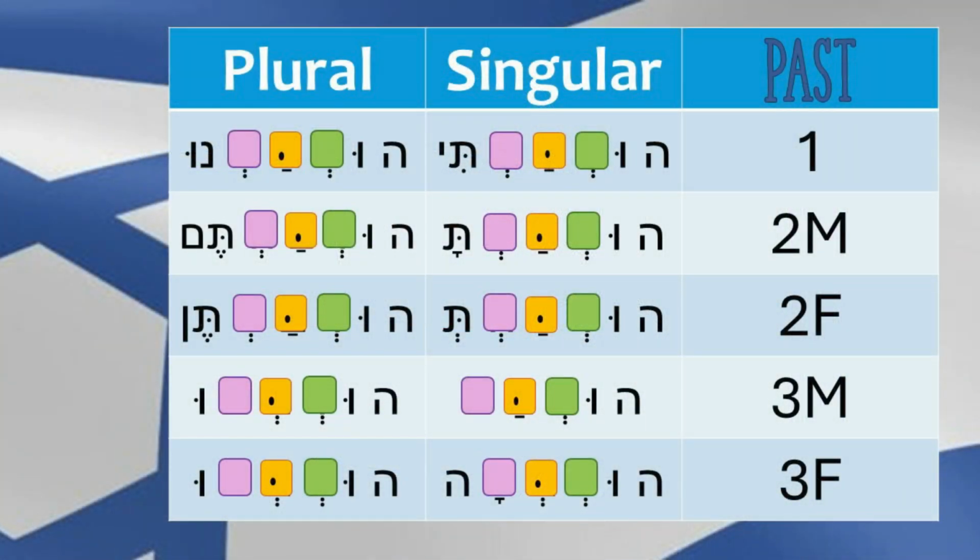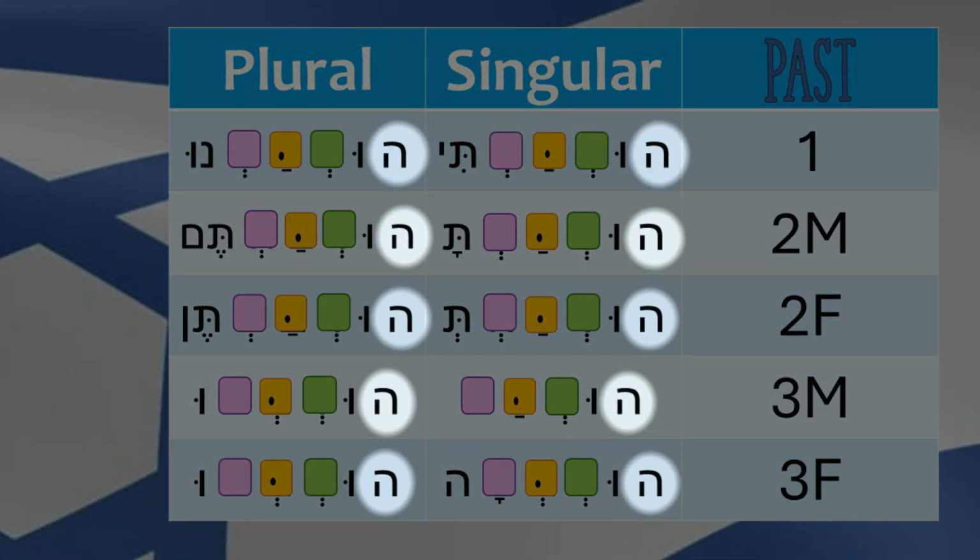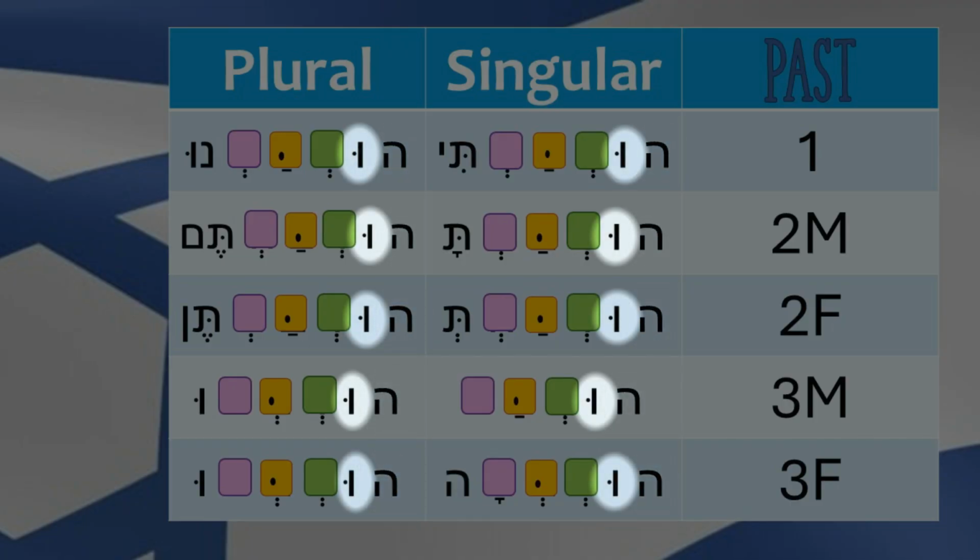Past tense, all of the verbs are going to start with a hu sound. So it's a hey, and then with that oo vowel, again, it's going to be a kubutz if you're writing traditionally, or a shuruk if you are writing with the modern style. And this is easy to remember because the base form in past tense is always the third person singular masculine